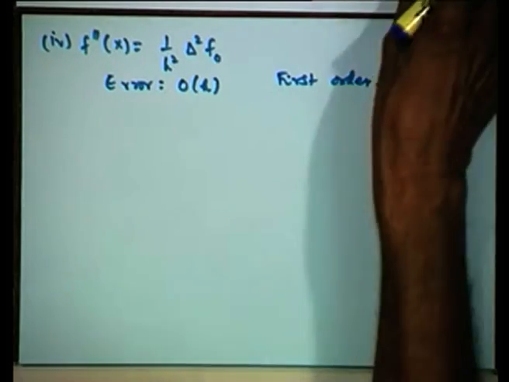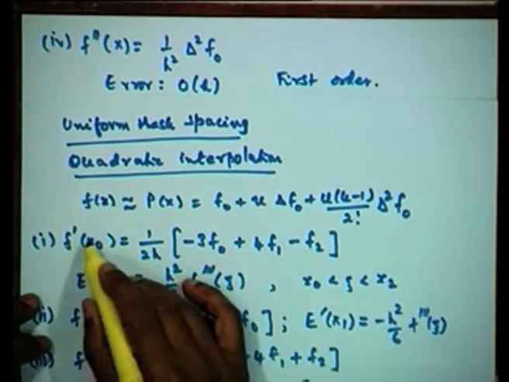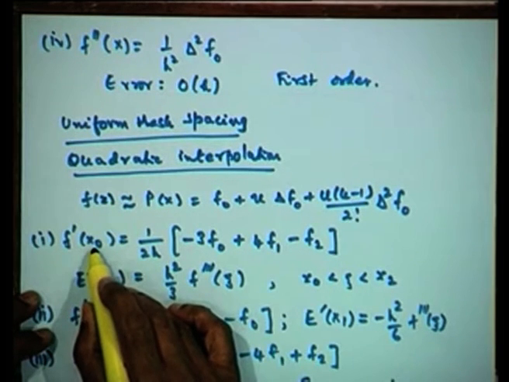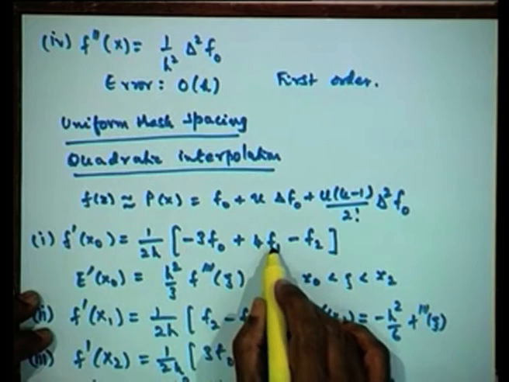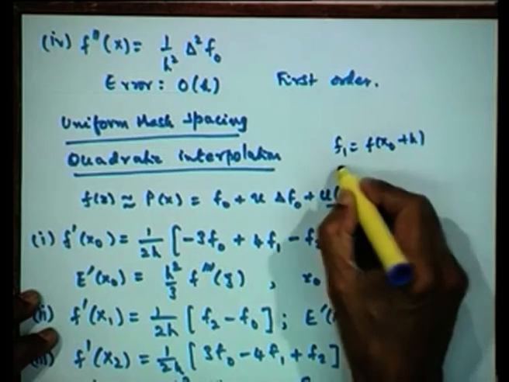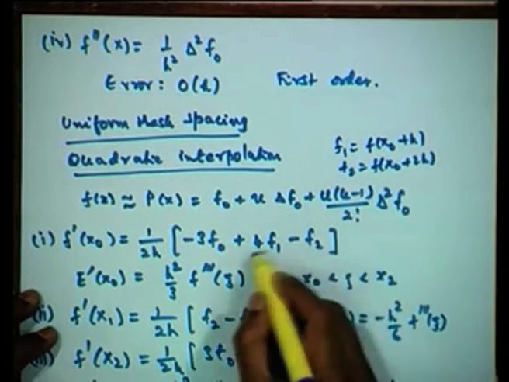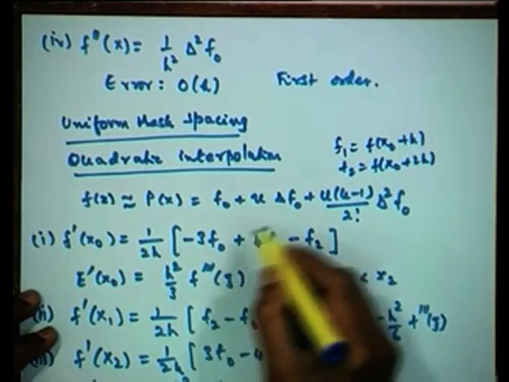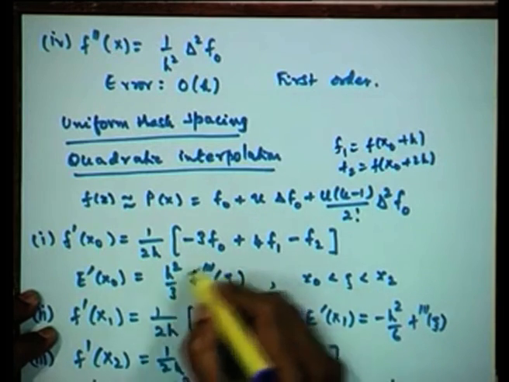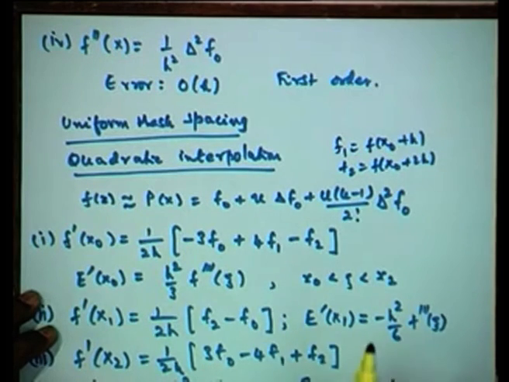Now, to find the order, it is not necessary that we remember this particular error formula. Once this formula is given to us, I can just use the Taylor expansions about the point that is given here. This point here is x0. So, I can expand f1, that is f at x0 plus h, and f2, which is f at x0 plus 2h. I can substitute this here, write the Taylor expansion, cancel all the terms, and the leading term will be the term that is given here. So, we do not have to remember all these formulas. I can use the Taylor expansions to get the order of the formula whenever required.